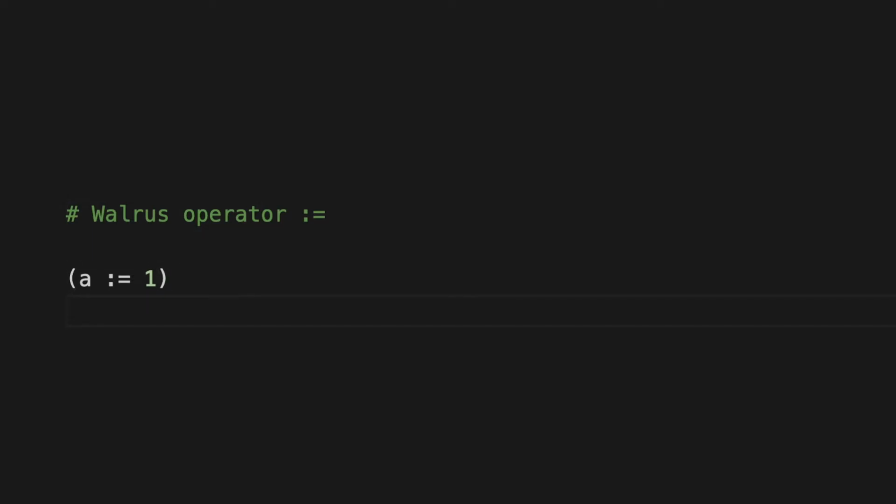So in this case we assign the value 1 to A, and the Walrus operator is also returning this value 1. So for example, we can use it in a conditional statement.